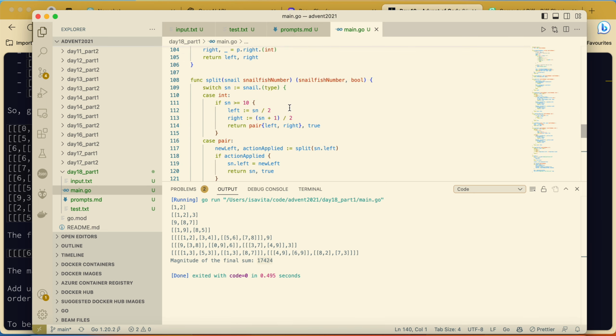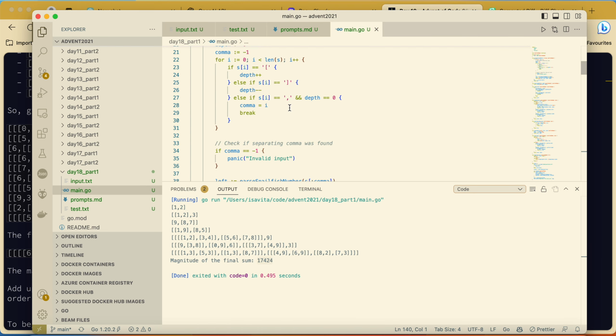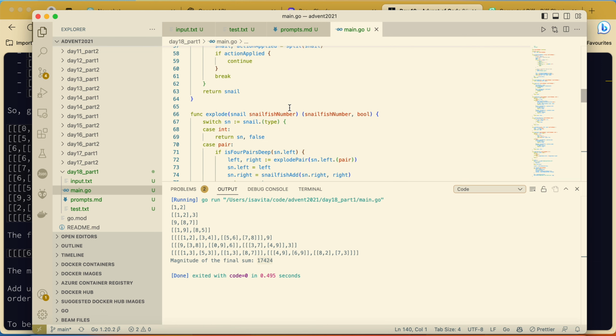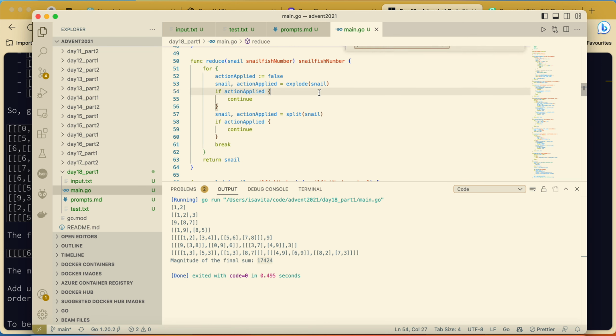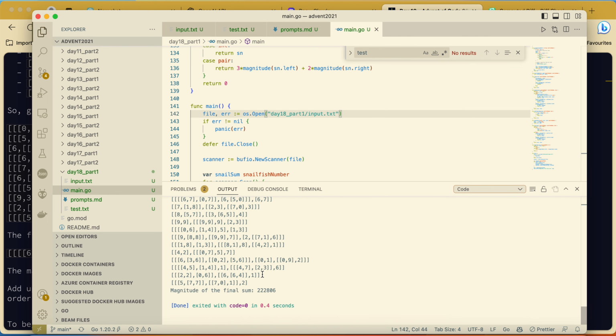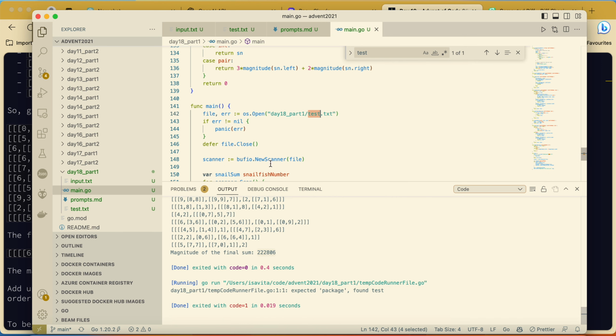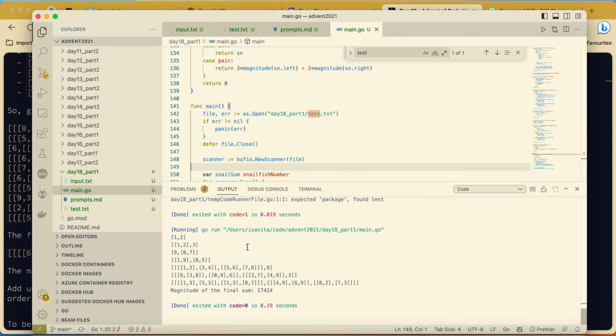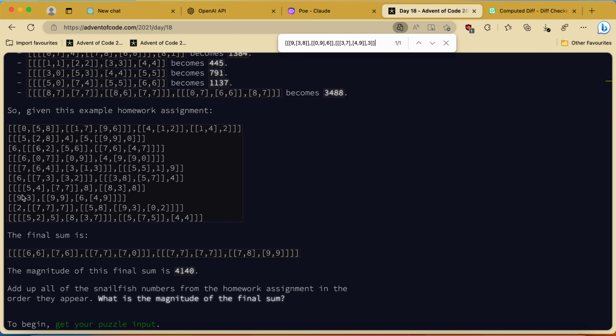Is that because we actually read not the test file? Let me look. Test. No, it's the test file. And I think we tried actually with the input file, but it was simply returning something very much more involved. Let me see how